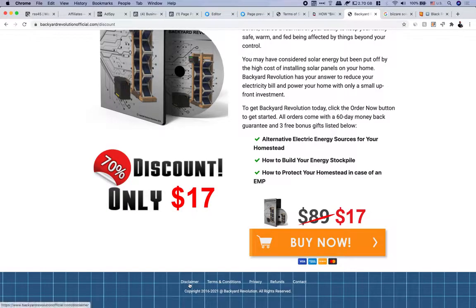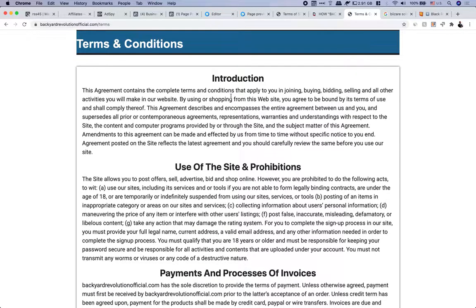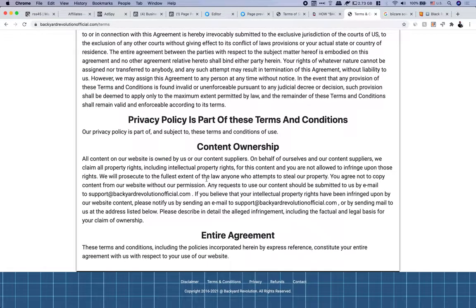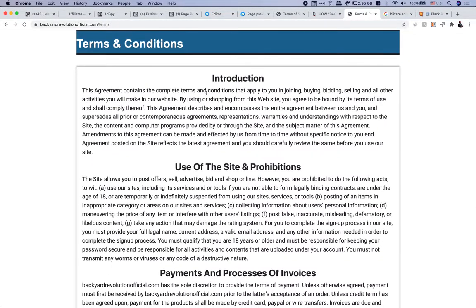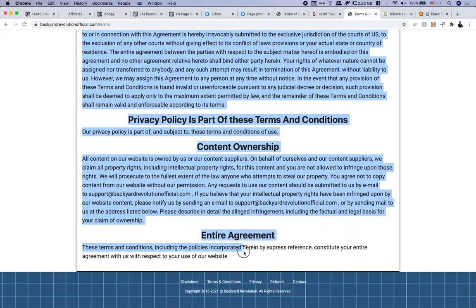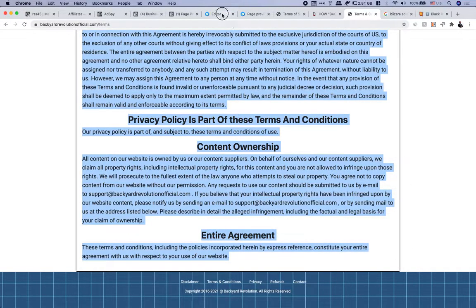They do. So they have a disclaimer. Oh, a disclaimer is also good to have. So disclaimer, terms and conditions, privacy, and contact. Let's click terms and conditions and see what they have. For some reason it's not loading, okay, there we go. So introduction, use of the site, risk of loss. So they have kind of longer terms and conditions, but usually what I do, I copy everything like I told you. I read everything again, make sure it applies to your company, click copy, go back to your editor,